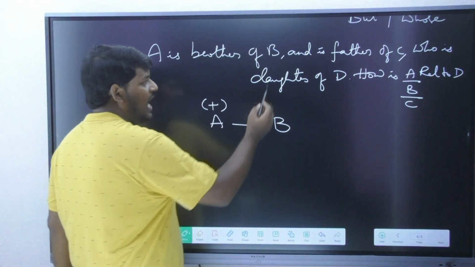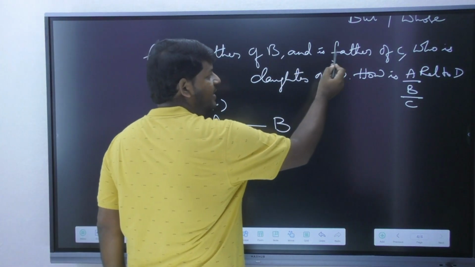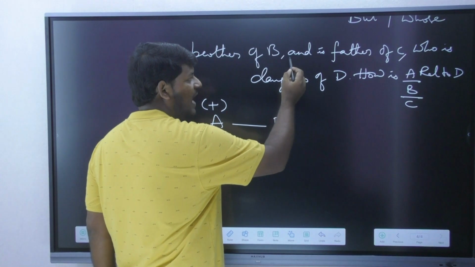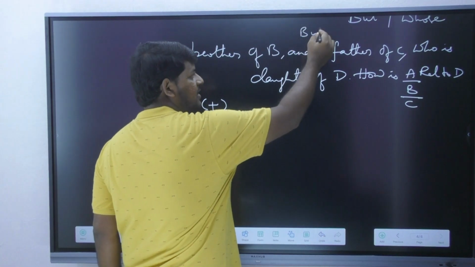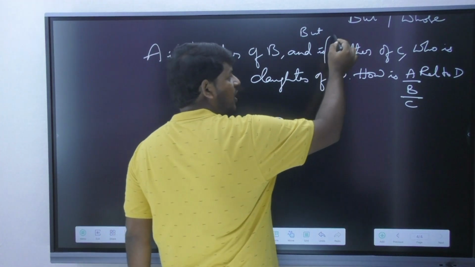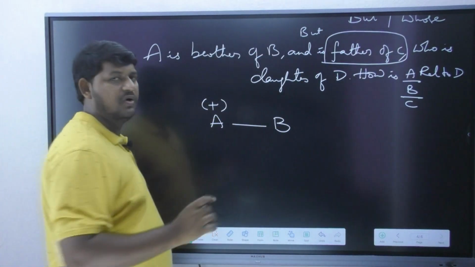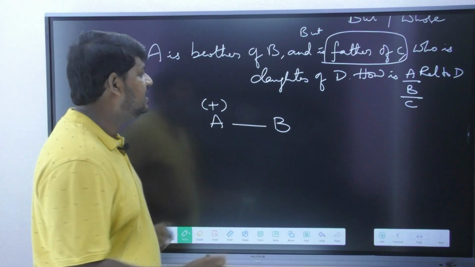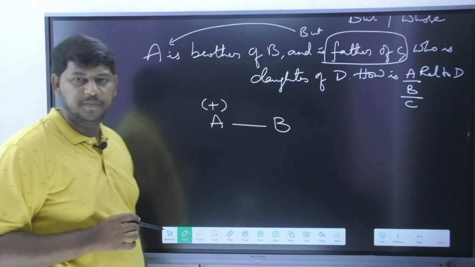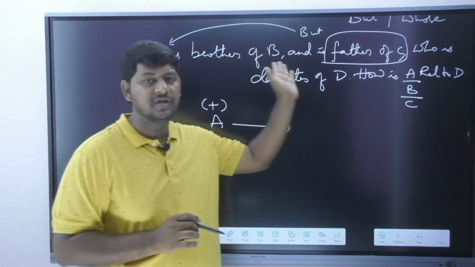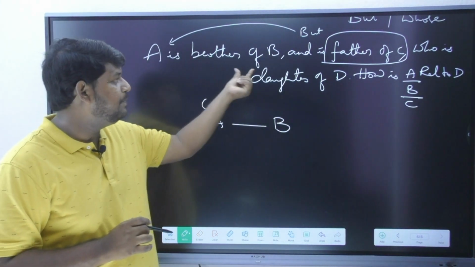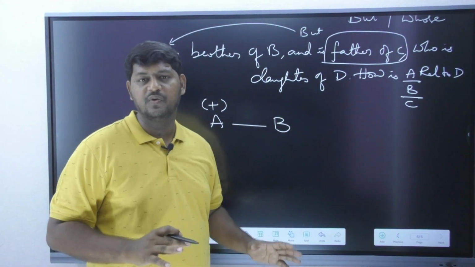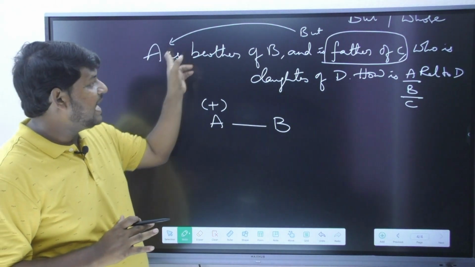Now please observe, after this comma you got: and is father of C. Please do remember, whenever you come across a keyword called and, is, but, whatever information is given by your examiner after these 3 keywords is not going to be reflected to the second person. It is actually giving you information regarding the first person. It is a continuation of the sentence. You are not going to understand B is the father of C, so obviously B became male. No, never try to understand it that way. Am I clear?